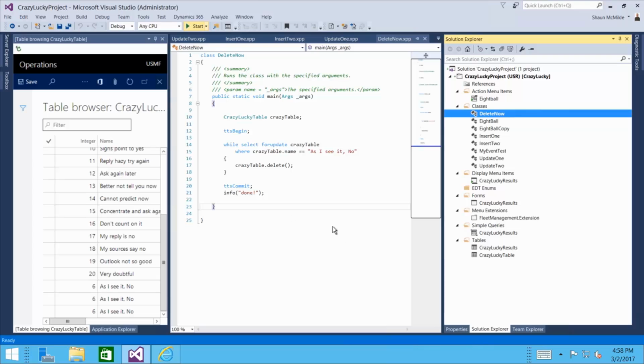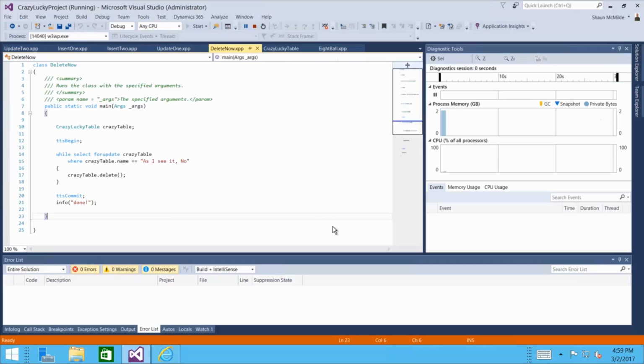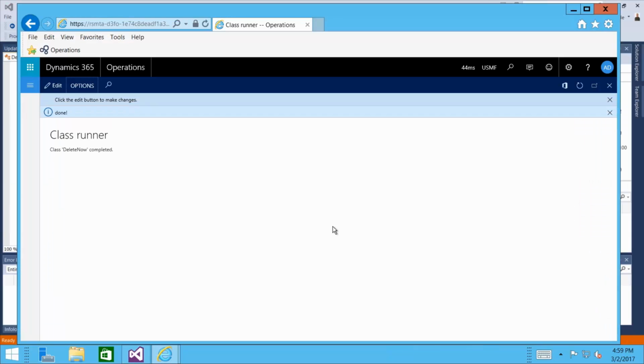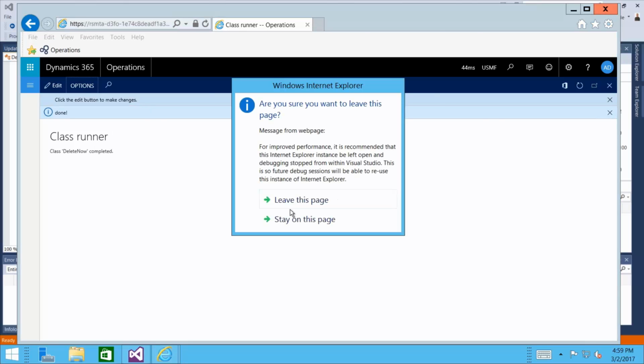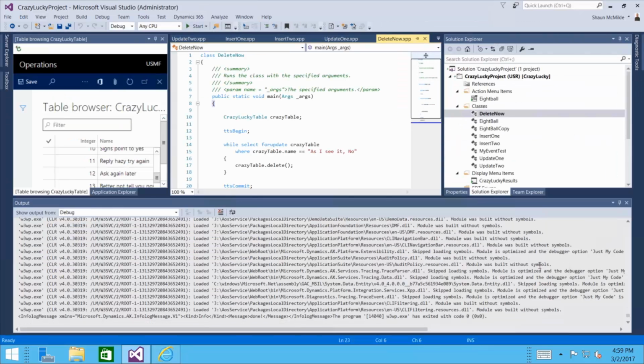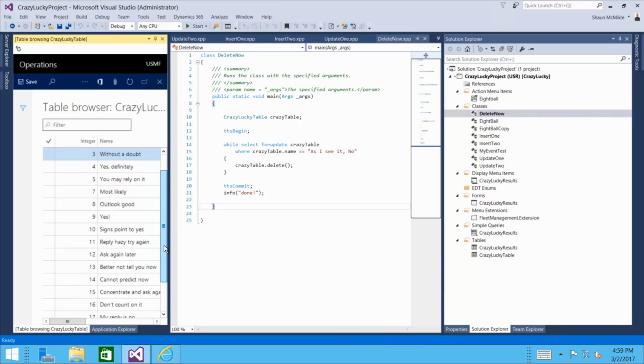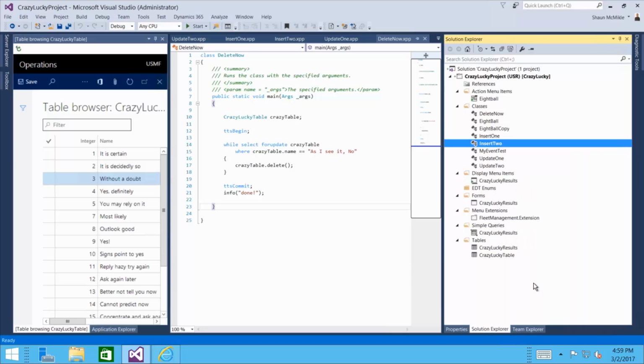I'll go ahead and start my debugger. It'll run for us. Delete Now is done. We'll close it, leave this page, stop my debugger, close my output, refresh my page, and notice that number 6 is gone. But wait a second, we do need number 6 for our operations later because we need it as a valid choice. So what we can do is go back over to our Insert 2, set it as our startup object,